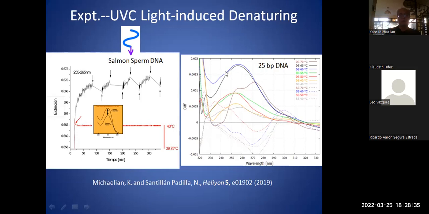Okay, and we did that also for 25 base pair DNA and plotted it as a function of wavelength. So here again, we see that we are getting an increase, because this is the difference between the spectrum at the end of the light on period, subtracting the spectrum at the beginning of the light on period. So this gives us the difference, which shows that there is more absorption. And obviously there is more absorption because it goes up here, absorption, extinction, as a function of wavelength.